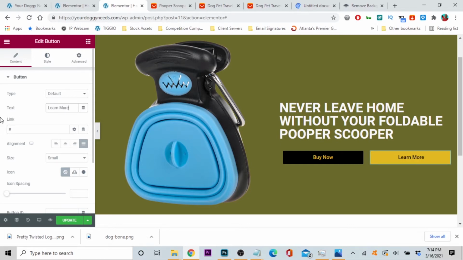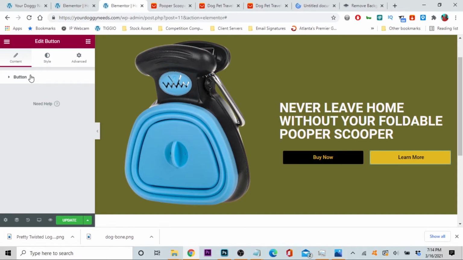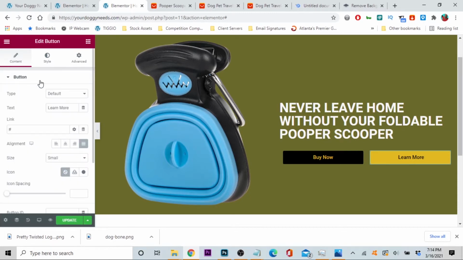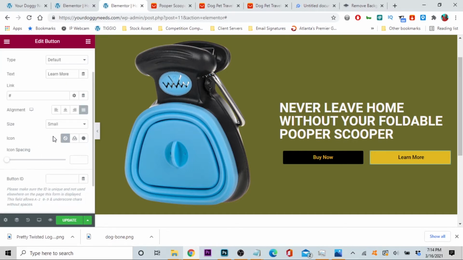Okay, now what font do I want here? All right, what size? Is this a good size? Medium, large? Yeah, well, let's deal with small. All right, now